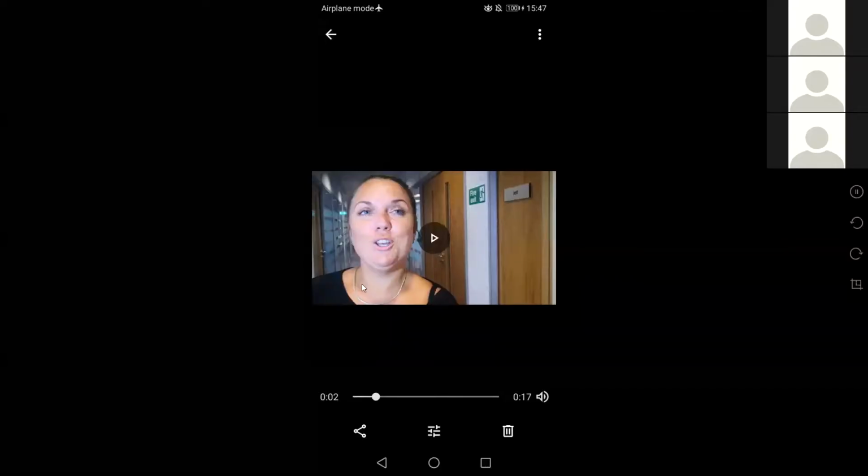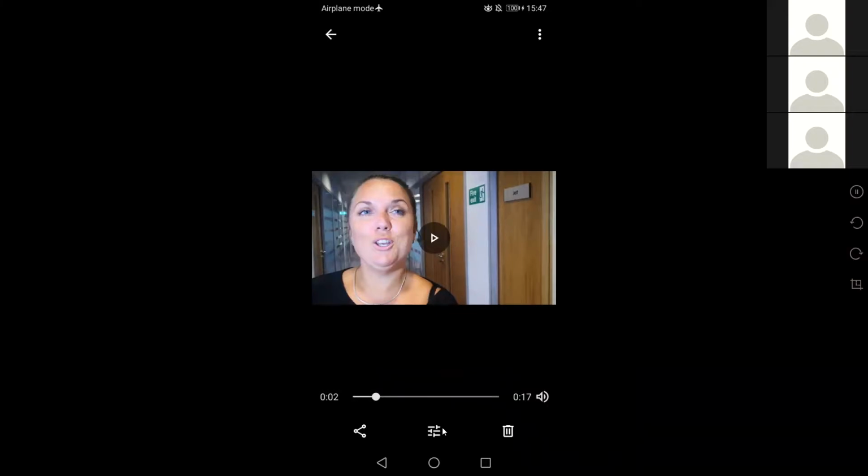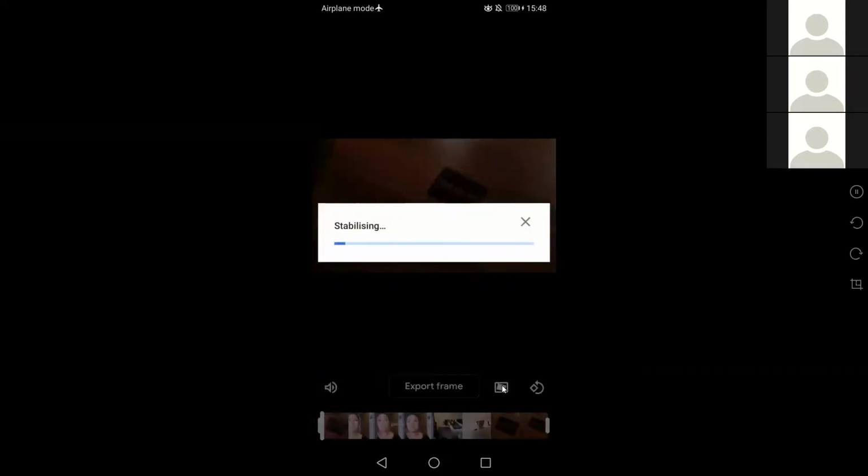Oop, there we go. So if you have Google Photos up, down the bottom where these squiggly lines are, if you tap that, you then have this one here, which is stabilize, and you tap that and you'll see now it says stabilizing.